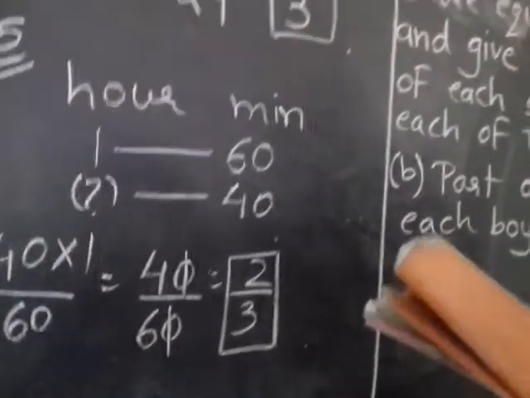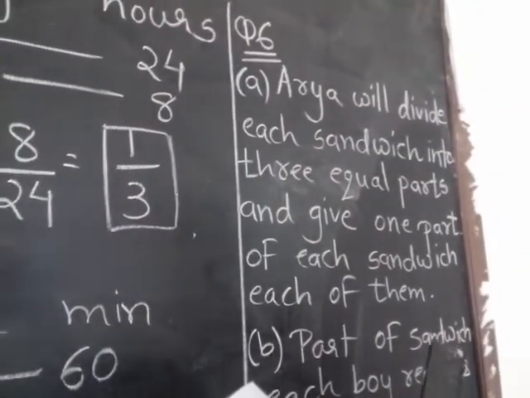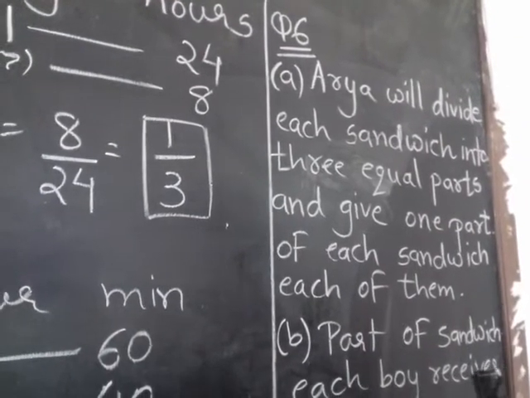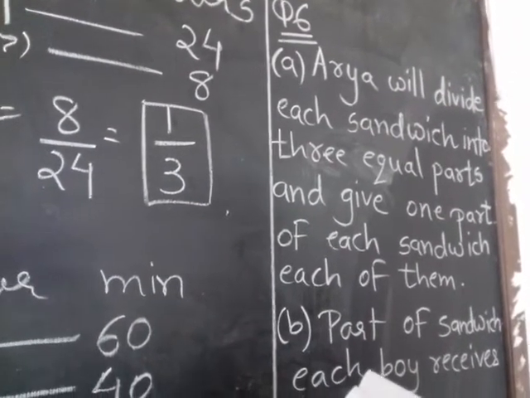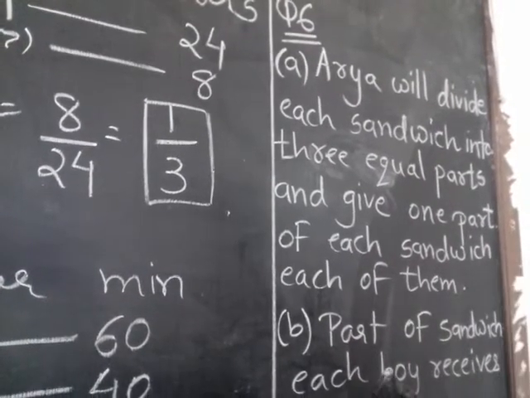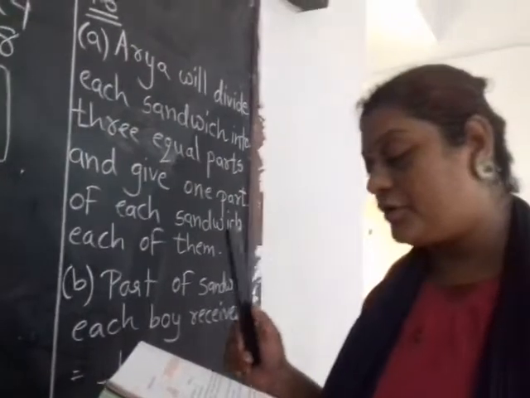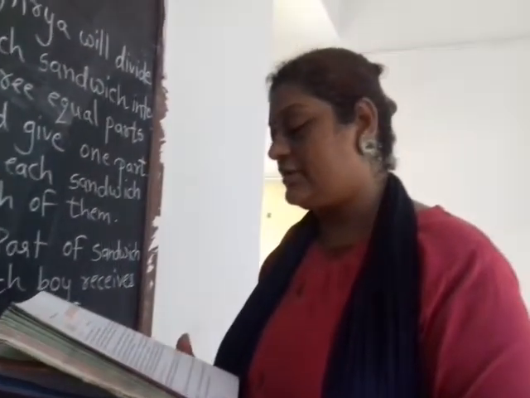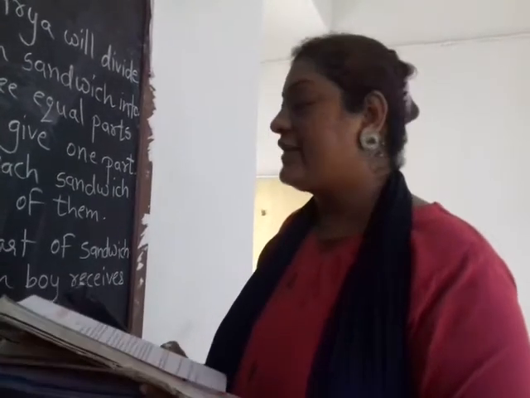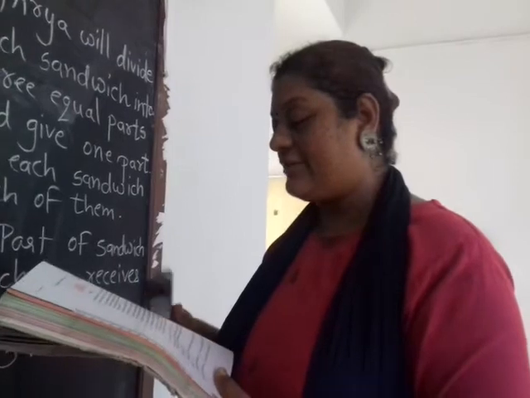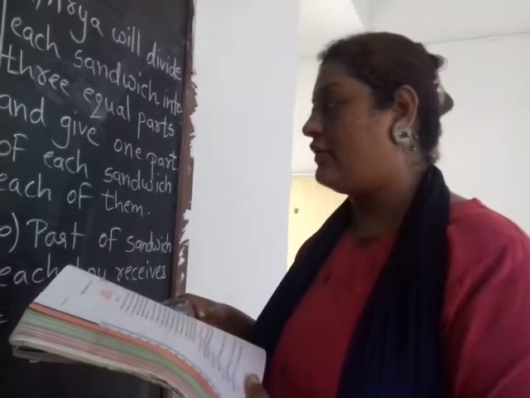Okay, now coming on to the 6th sum. The question is pretty long, so I go with the sum. Arya, Abhimanyu and Vivek shared lunch. Arya has brought 2 sandwiches, one of vegetable and one of jam. The other 2 boys forgot to bring their lunch. Arya agreed to share his sandwiches so that each person will have an equal share of each sandwich. Now the question begins. How can Arya divide his sandwiches so that each person has an equal share?